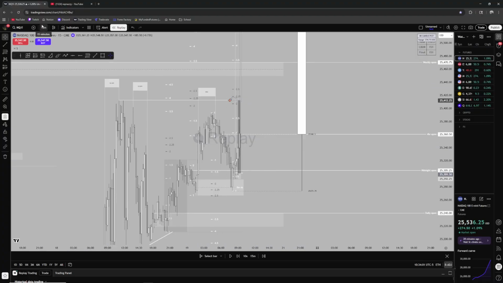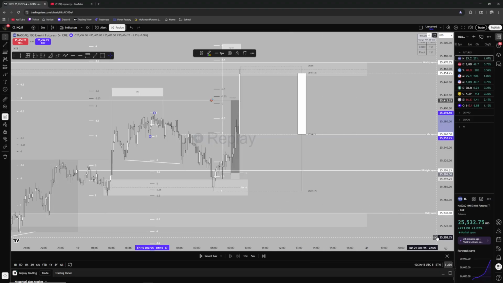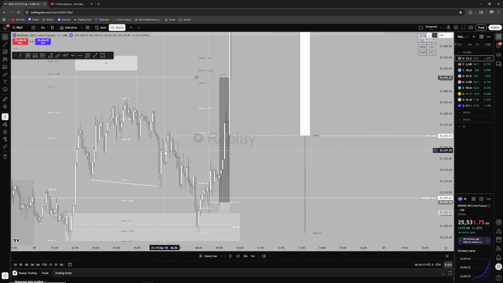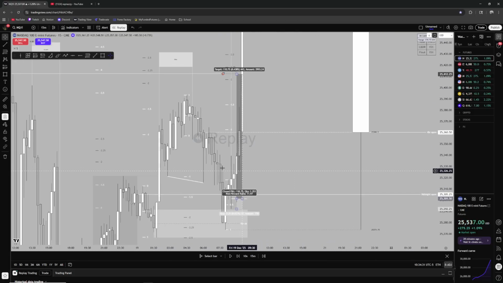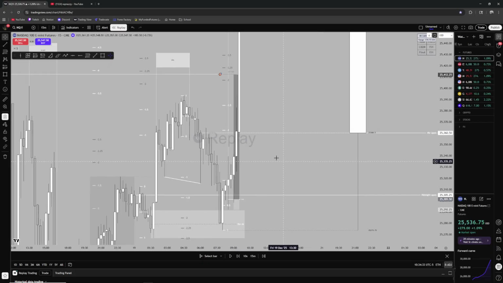And this is where patience and waiting for lower time frames to flip comes in, because there was SMT here, right? SMT, and then this candle closed, and then we created this order block, and then we respected that order block. Then I was like, okay, I can't remember what time frame it was, but I wanted to see either the 15 or hourly close bullish or something, and we never got that, and we ended up selling